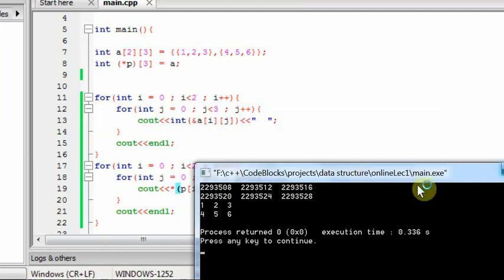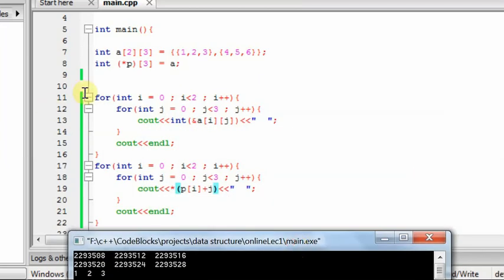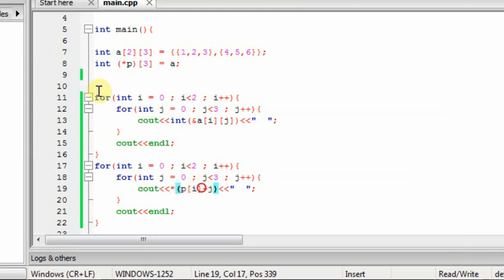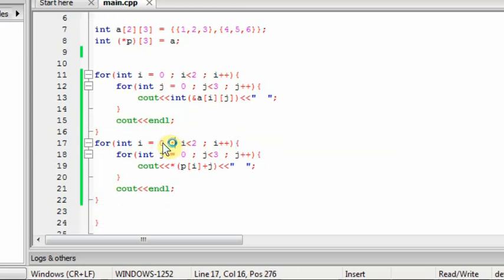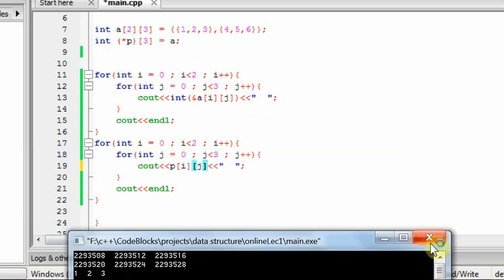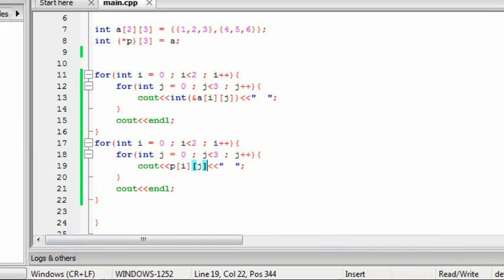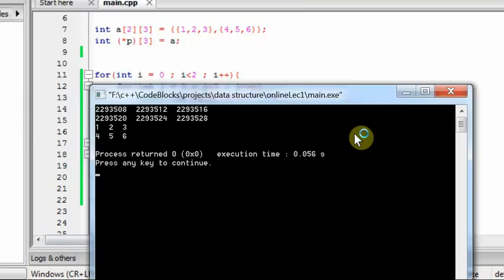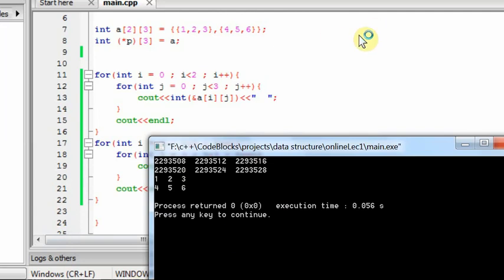This is the whole output, because each time it is the address of the row plus the column number, and then we dereference the address. So this is generally how we can access the two-dimensional array. Normally you can use the simple way like this, how we access an array. This is pretty simple. So this is just a small video about accessing the two-dimensional array. That's it for this video.